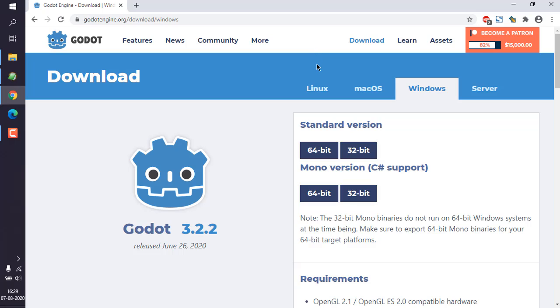Now here you have the option to choose from Linux, Mac OS, Windows and server. Currently I have the Windows operating system, so I have two options to choose from. One is the standard version, which has both 64-bit and 32-bit versions. It also has a Mono version. Basically the Mono version supports C# and cross-platform builds which are from Mono. Okay, so we are going to ignore this,